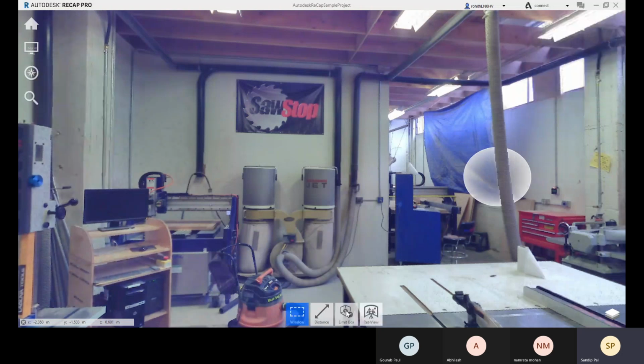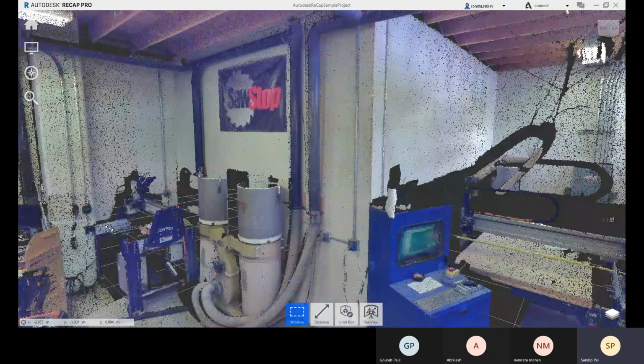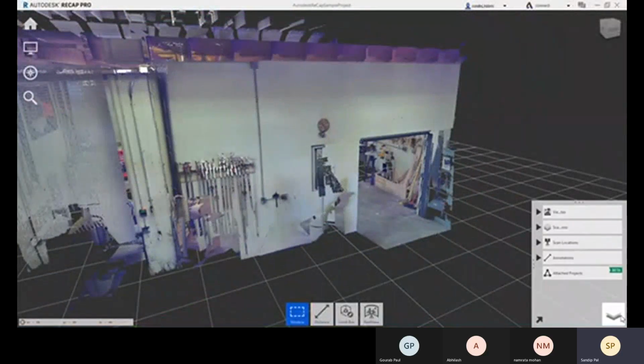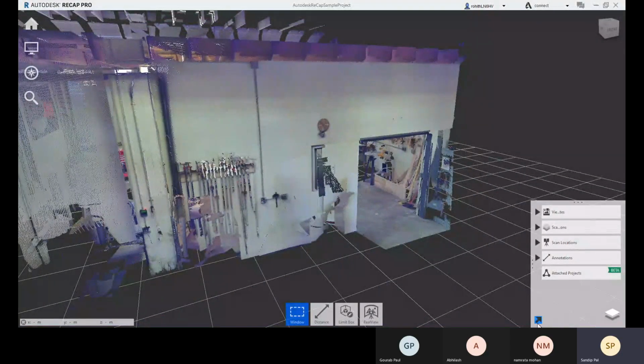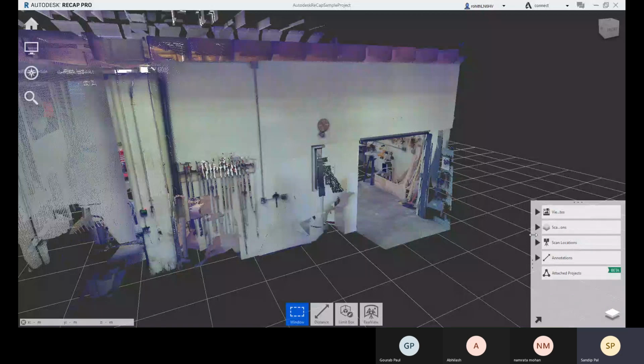After that you can come to this 3D view. Here is the option, 3D view. So this is all points, right? Here we have this project explorer. You can say project explorer or project navigator. This option is called project navigator. From here you can also come to the scan locations if your scan locations are saved. Here we have some, no, this is not scan location, this is scan region. We will come to that part later.